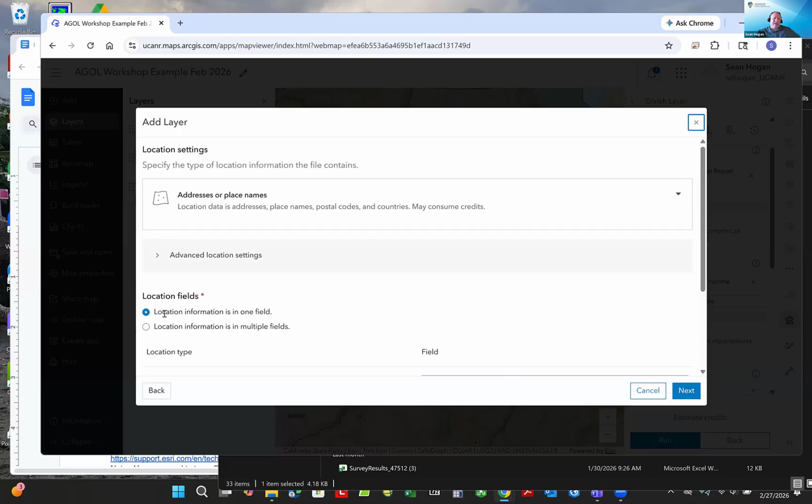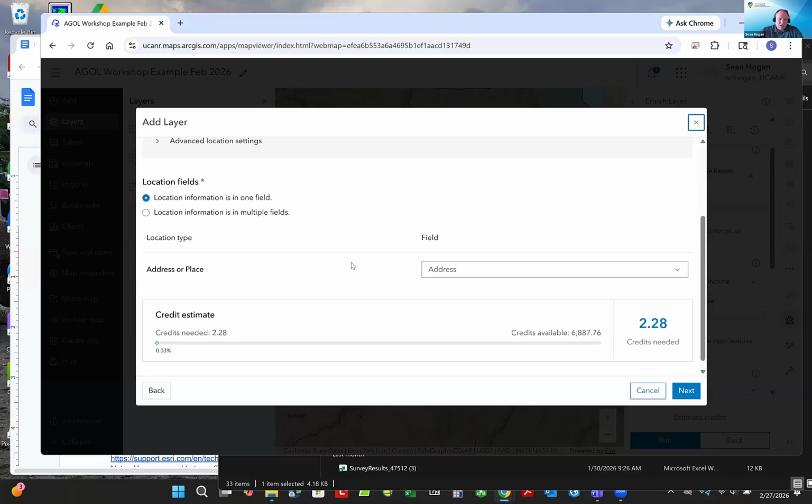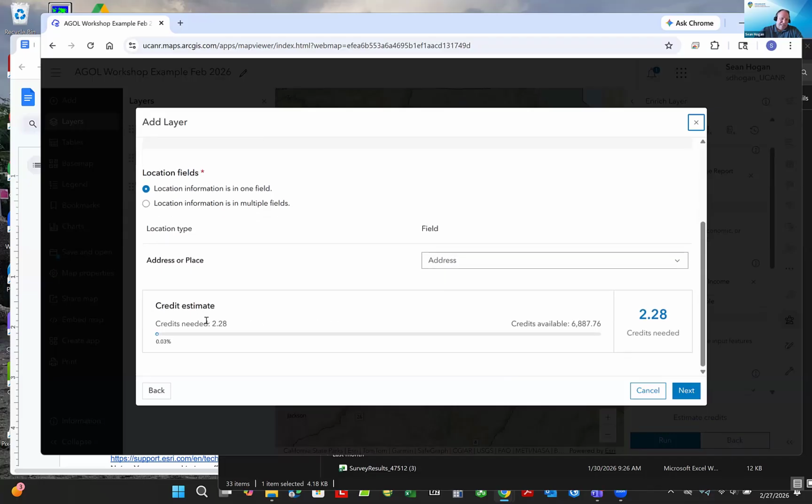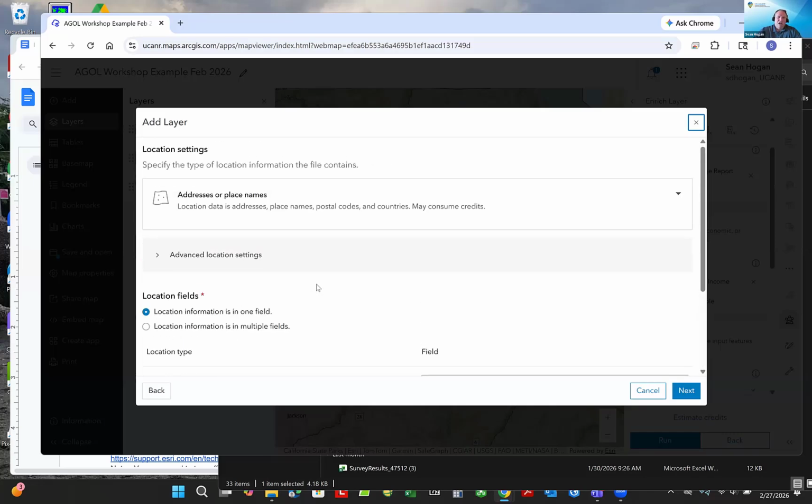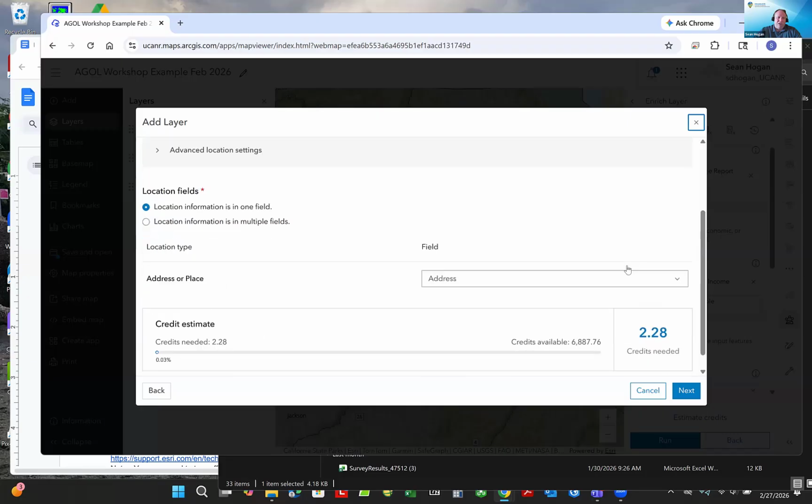And then it'll recognize automatically that the location is in one field. If it was latitude and longitude, it'd typically be in two fields. And then it'll show how many credits it takes to geocode these addresses. All you're going to do is click next and next until it's done, and it'll automatically put it into your